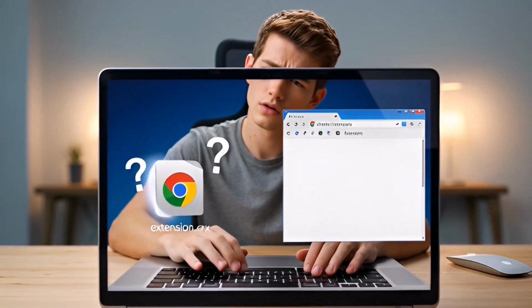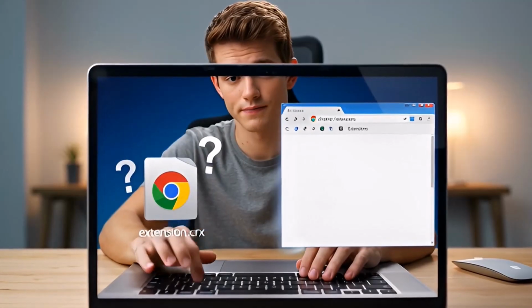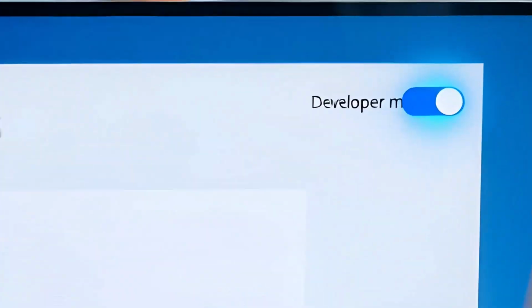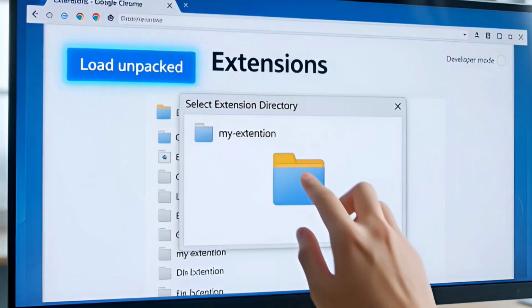Downloaded a Chrome extension file but don't know how to install it? In this tutorial, you'll learn how to add a Chrome extension from a file using developer mode in just a